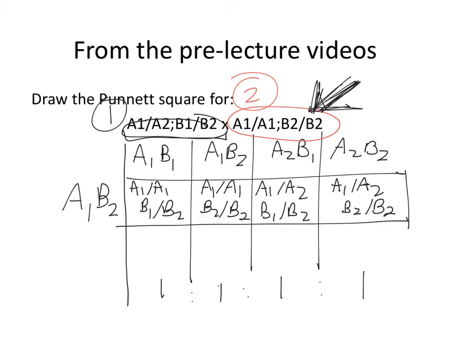For every 1 of individual W, there's 1 with genotype X, 1 with genotype Y, and 1 with genotype Z, for those of you that are British or Canadian. And that's only because there are 4 different gametes produced by the dihybrid, and they exist in a 1 to 1 to 1 to 1 ratio. And at some point we will fill out, maybe, the full 16 square Punnett square and look at all of its glory, but we don't need to do that right now.